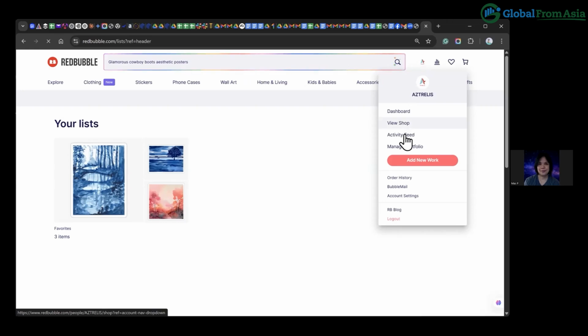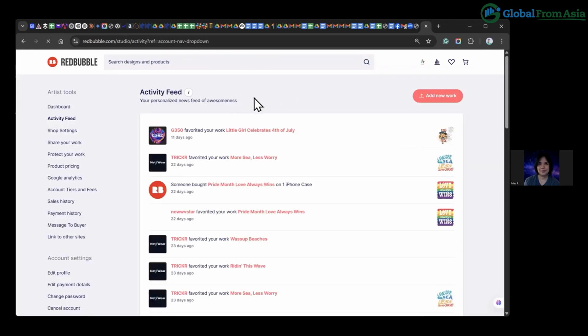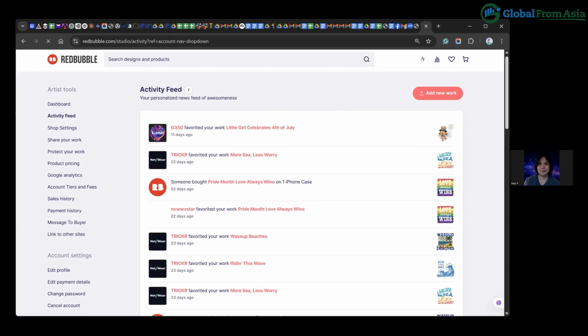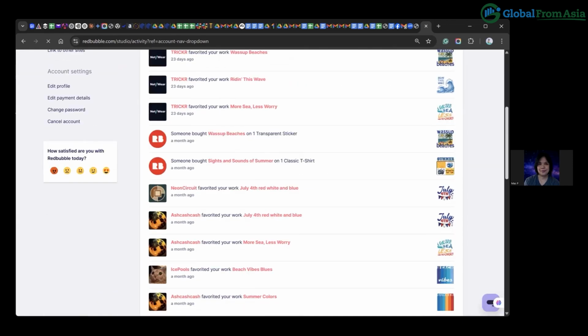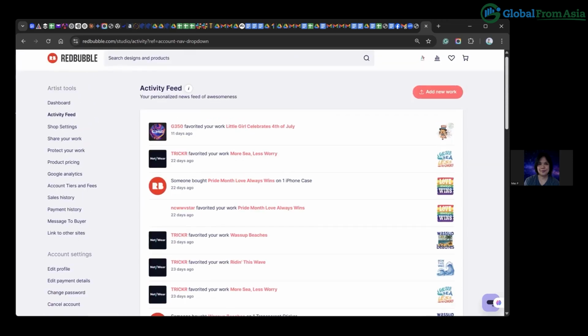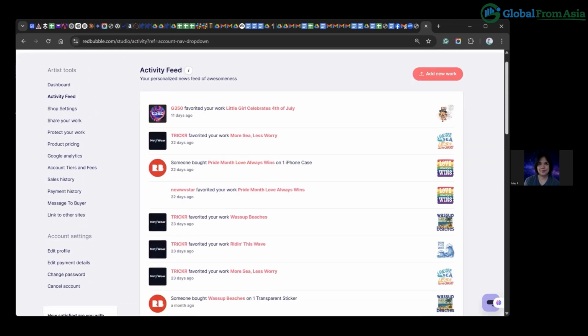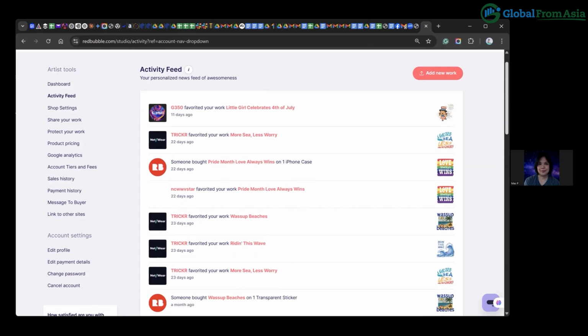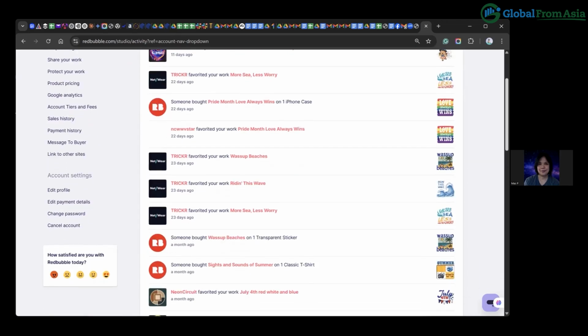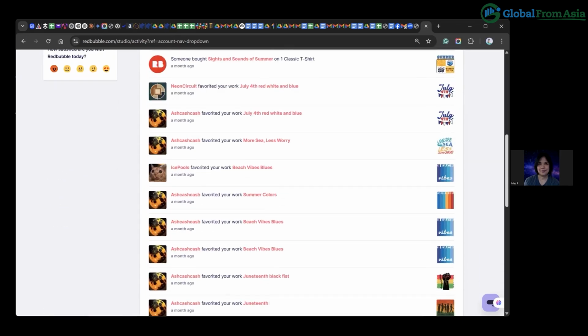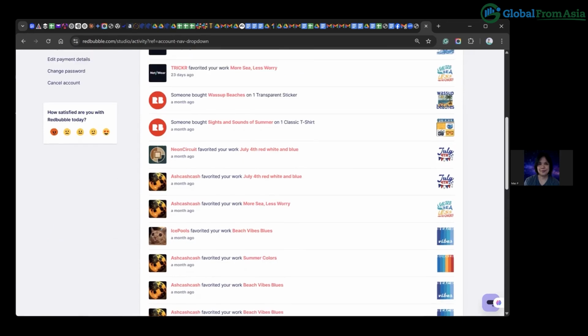Here on Redbubble, you can also see other creators that are liking your designs. As you upload your designs, other creators or other members of Redbubble, buyers, will see your design and like or favorite your work.